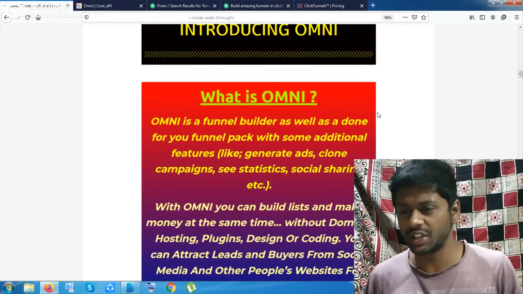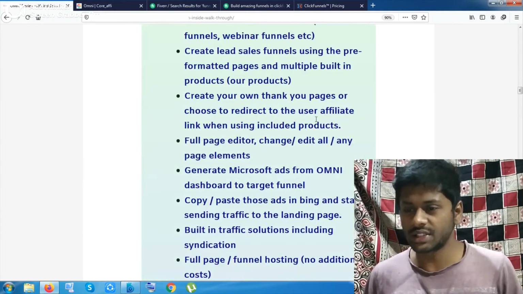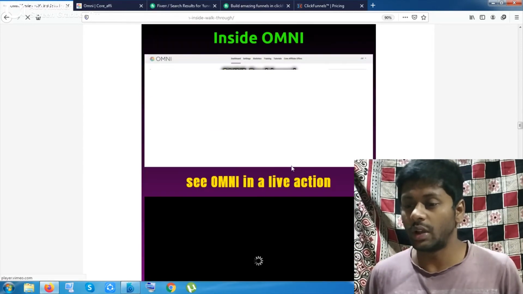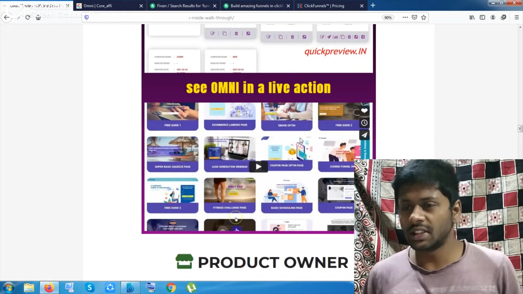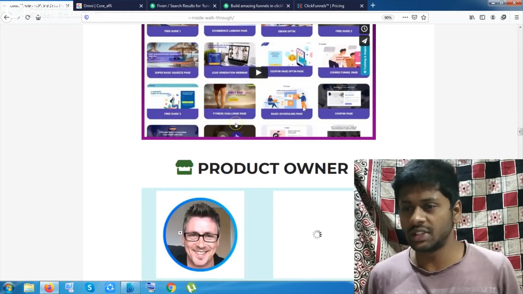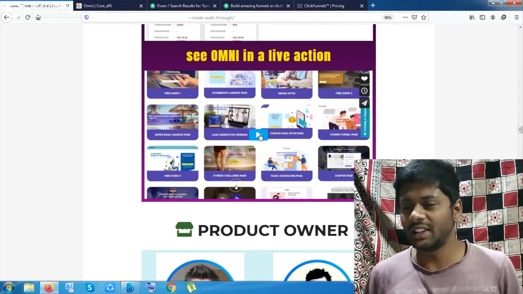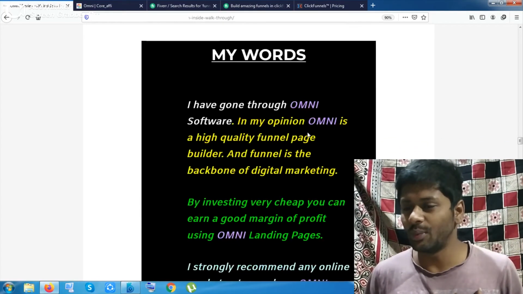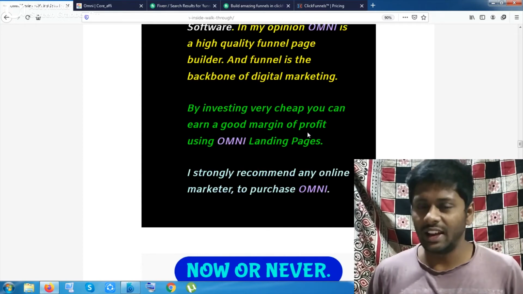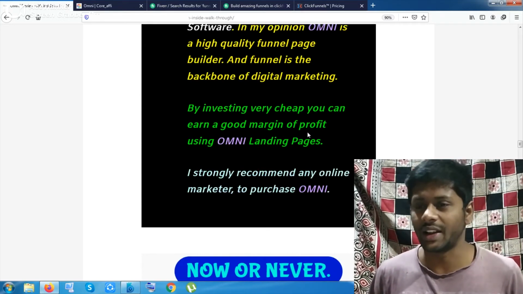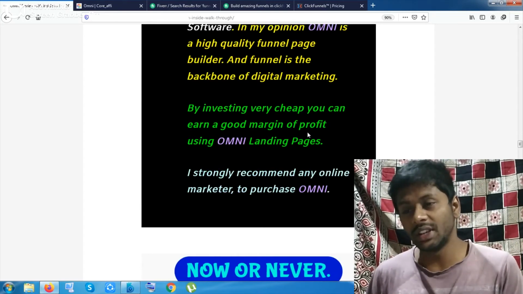And these are the descriptions about this tool, like quick features, like why this tool is profitable, or what you can get inside this tool. And this is a dashboard overview, and also this is a video you can play. There is a button hidden here, like in disguise. Okay, you can play the video, and these are the owners. In my opinion, this is a very cheap tool, and you can get more profit by using it properly.